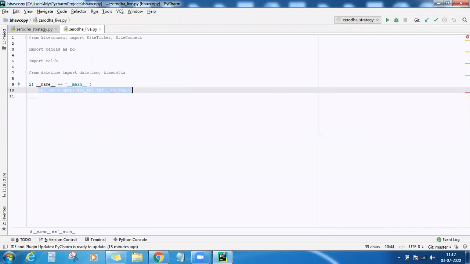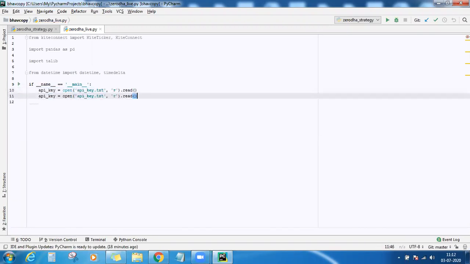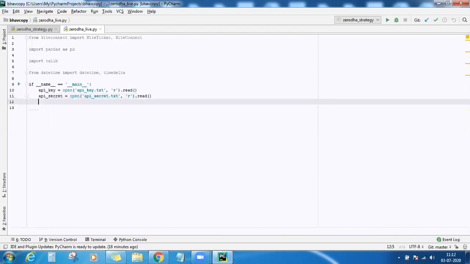Similarly, the API secret key as well, and open the API secret also in read mode.